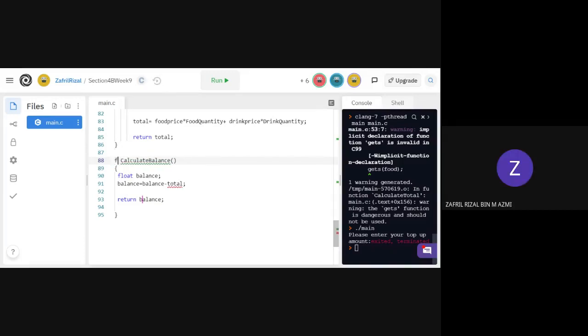Correct, we change it to float, but why? Because declare float. No, because balance is float. So it become float. If balance is integer, it become integer. Calculate balance. Okay. So next,